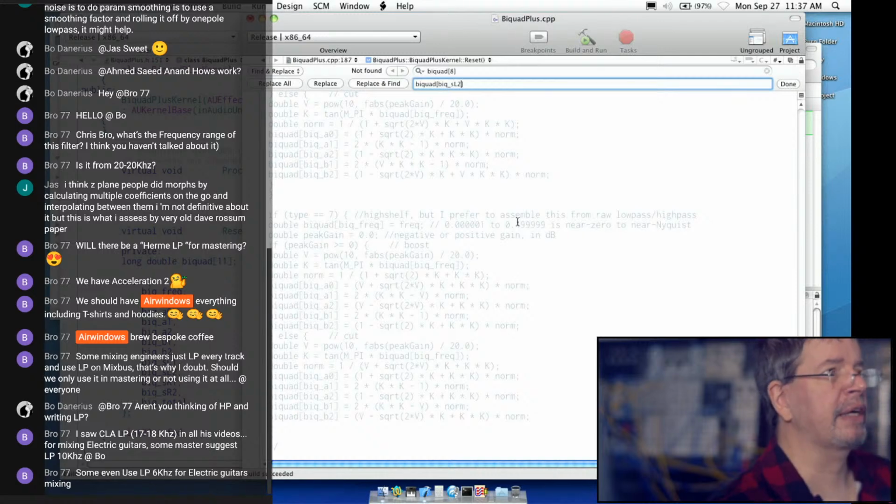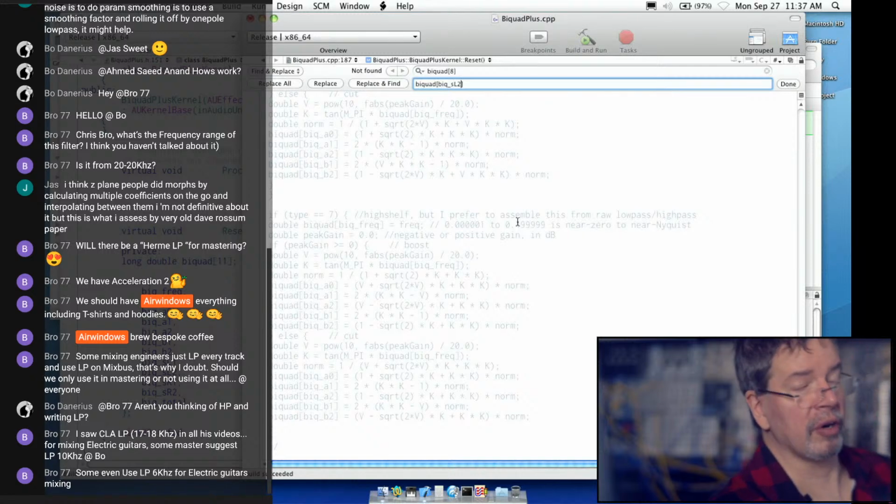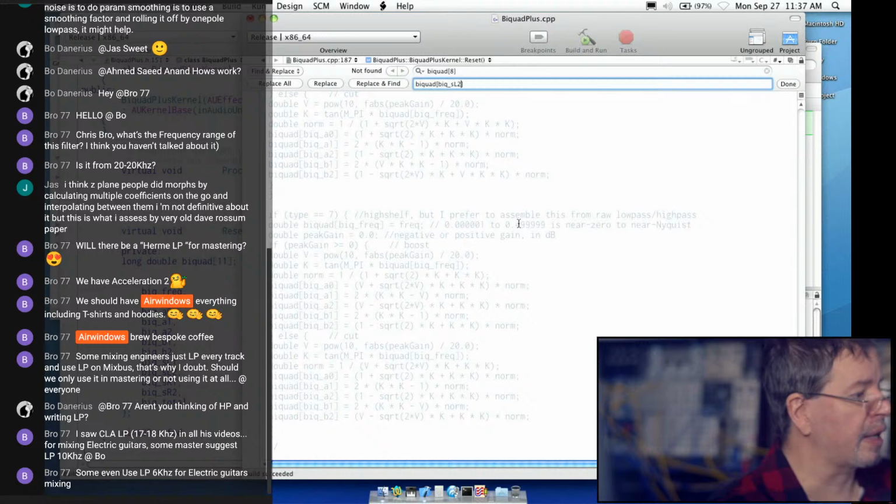I would rather make a filter that was reconstructed out of multiple cascaded biquads rather than run everything through one biquad that's a shelf and then run everything through another biquad that's another shelf and so on, because that's just not the way that I want to do it.